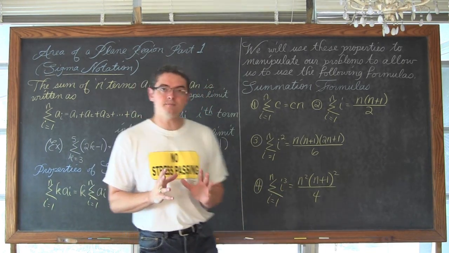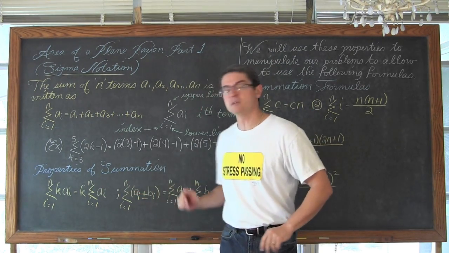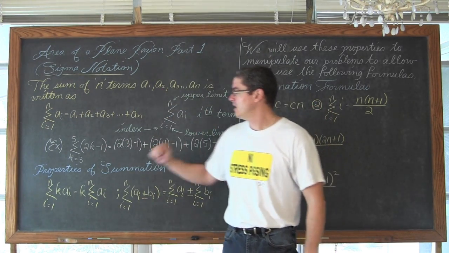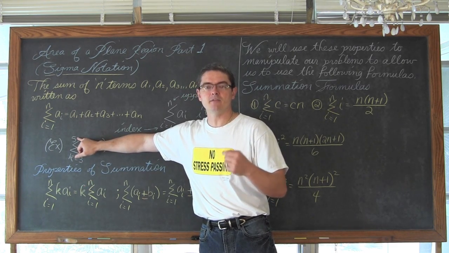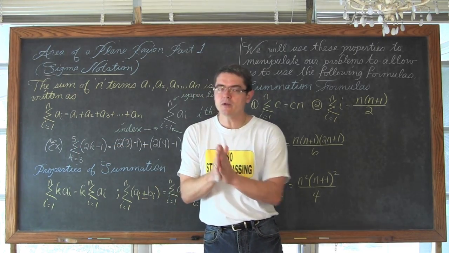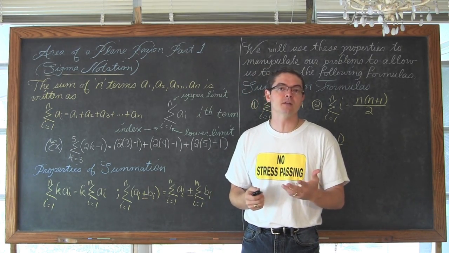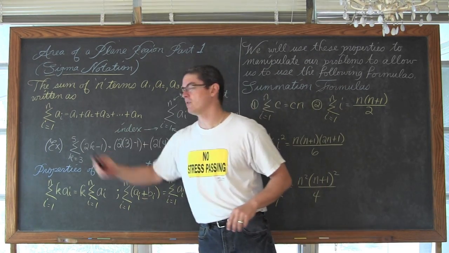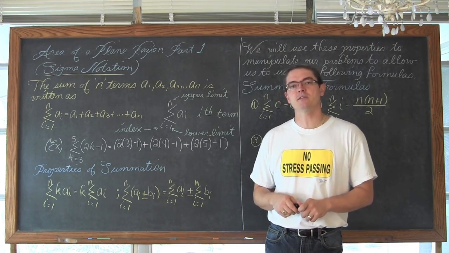So basically what we want to do, in these subsequent examples, is use these two properties and these formulas to do some questions like this one here. We will be starting with the lower limit of 1, but instead of having a specific nth value, we're going to allow these to go to infinity. You'll see why we want to do that in the next video when we start finding the areas of these plane regions. For now, it's just strengthening our skills, and this video would be even longer if I tried to explain exactly why we want to let that upper limit go to infinity. But we are just practicing our skills for the next video. So let's get these examples up here.